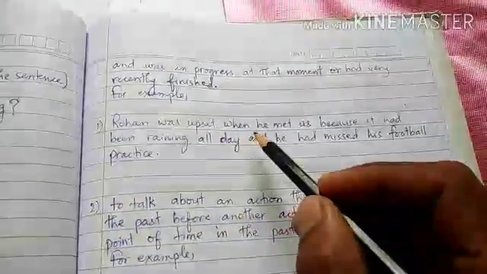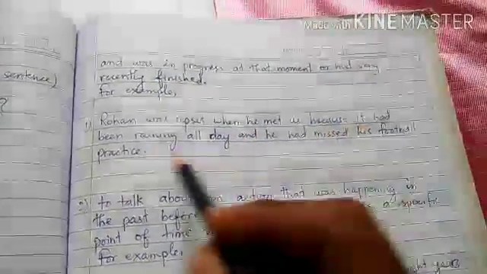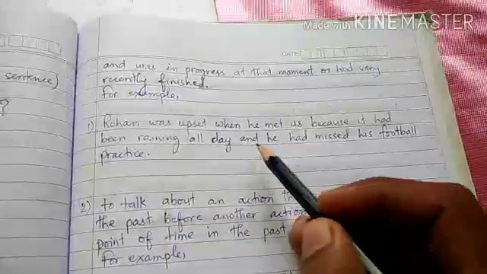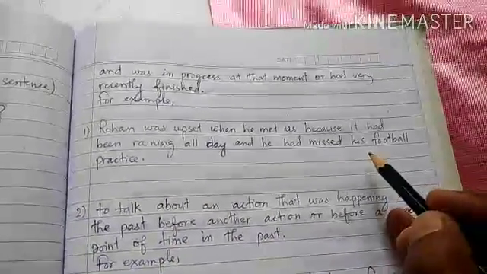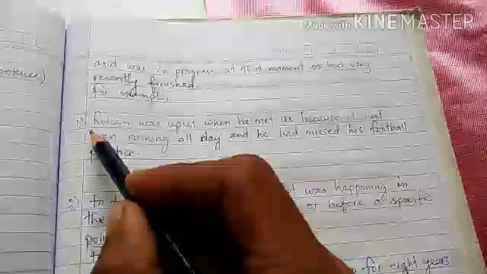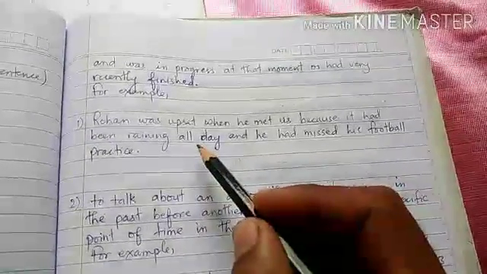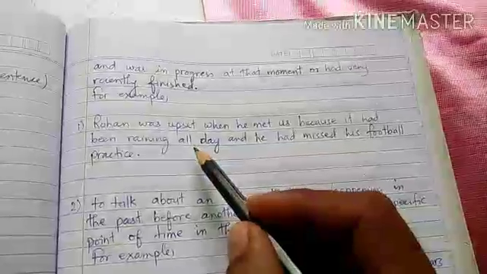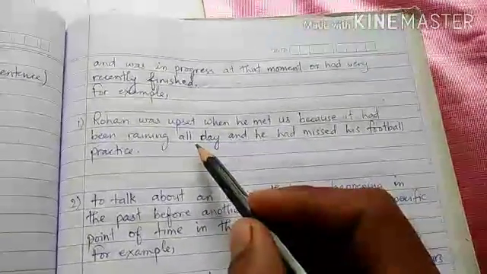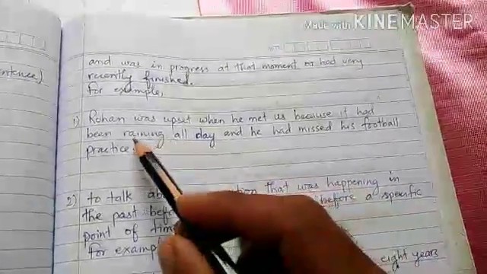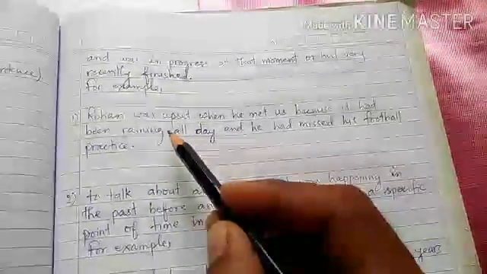Rohan was upset when he met us because it had been raining all day and he had missed his football practice. So this is the first example which tells us about the action in the past perfect continuous tense. If you see, this sentence has been formed by